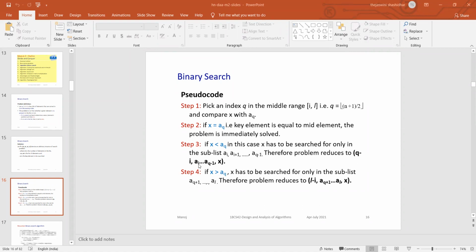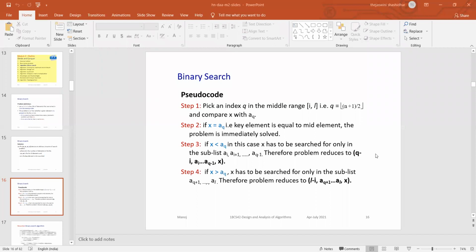Search all the elements starting from AI to AQ minus 1. So keep in your mind what you are having: A1, A2, A3, AQ, AQ plus 1, up to the last element.